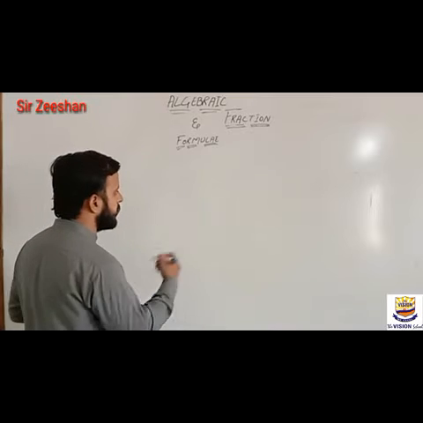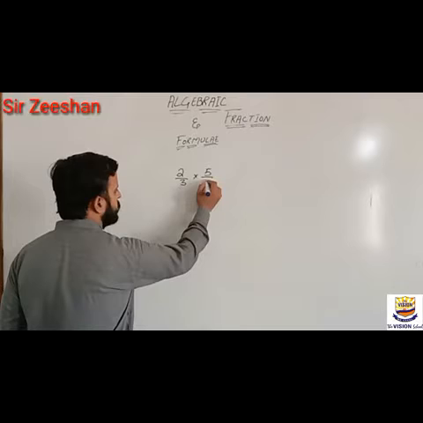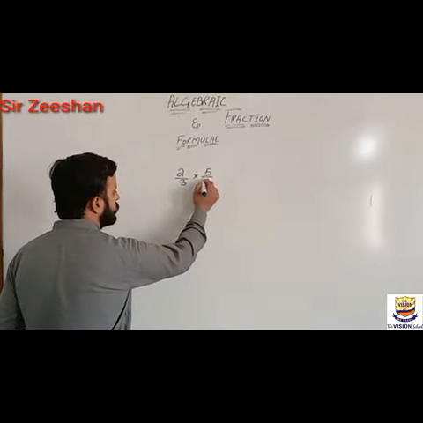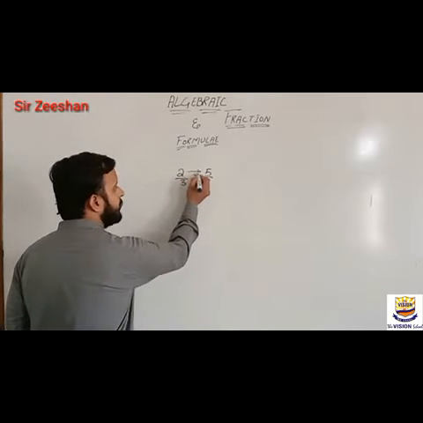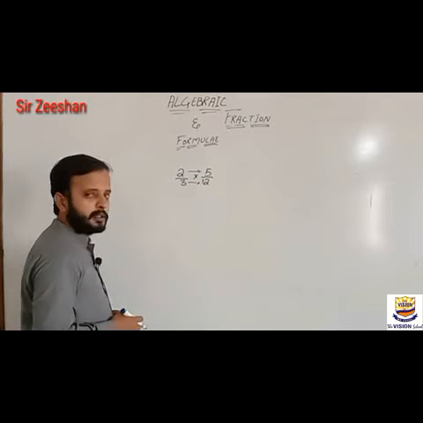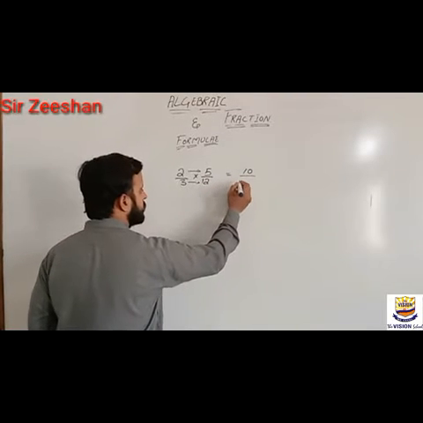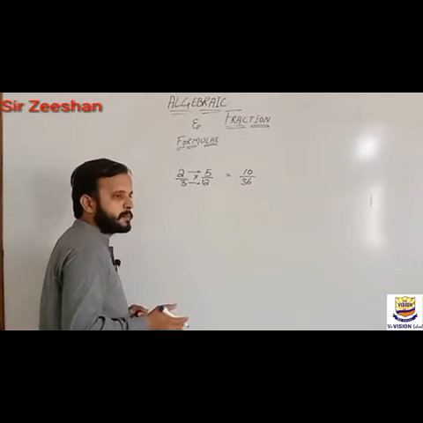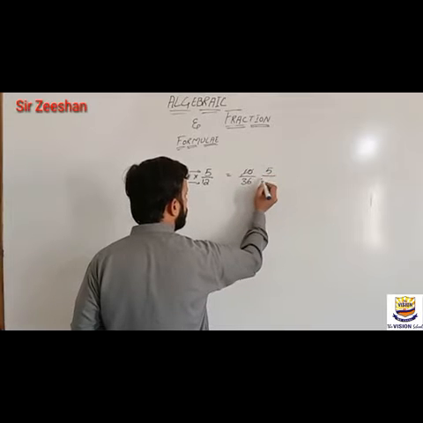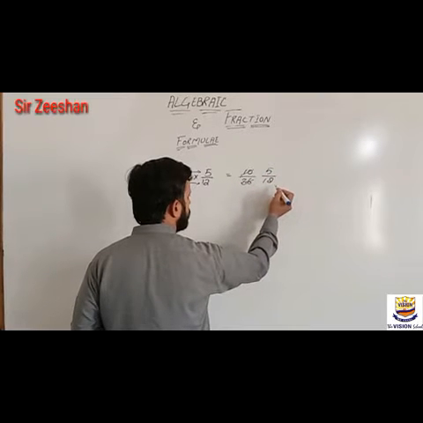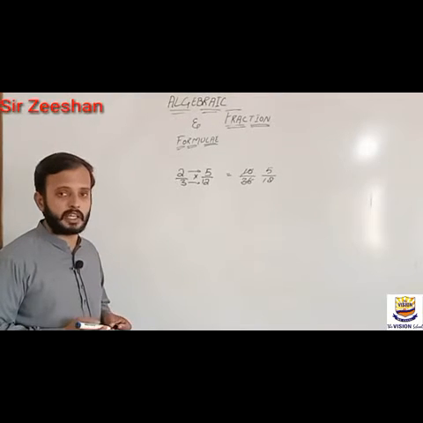Dear students, suppose we have two fractions and there is a multiplication sign in between. What are we supposed to do? It's quite simple: numerator will multiply numerator and denominator will multiply denominator. 2 5s are 10 and 3 12s are 36, and cancel it if it is possible with a common table, that is 2 5s are 10 and 2 18s are 36. So that's how we solve two fractions if we have a multiplication sign in between them.